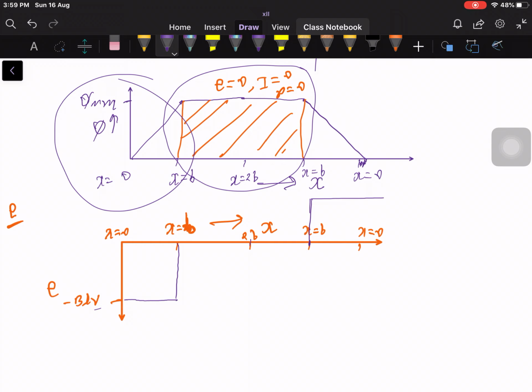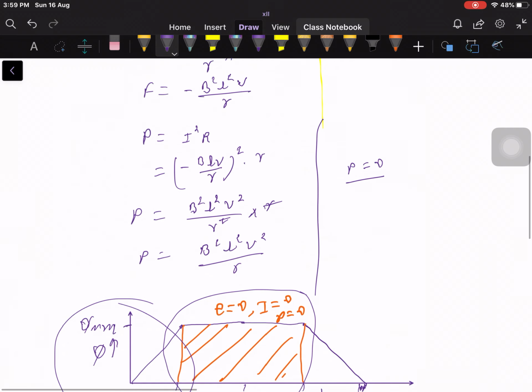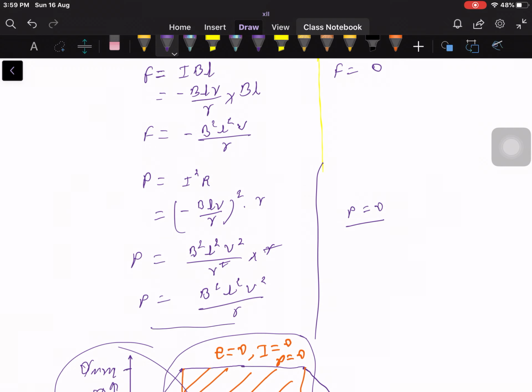And the same with small magnitude, I can draw the graph for I. Now one thing I'm leaving for you all is how we can draw the graph for power. I'm just giving the hint that power is positive, which means in both the cases it will be in the first quadrant only. So I leave it for you. I hope you got this question. If you have any doubt, you can ask me.